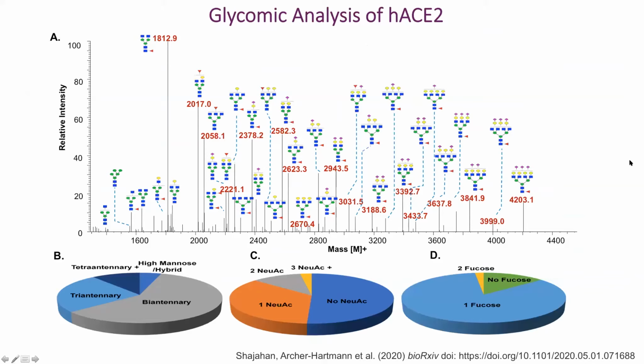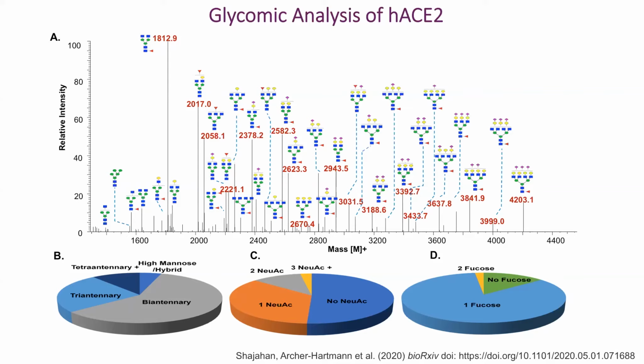I'd like to point out that these were purified ACE2 receptor grown in HEK293 cells. So these are human cells. And what we have found, this is the glycomic study of releasing the N-link glycans, purifying them away from the protein. And what we've done here, we've permethylated them. We permethylate them to increase sensitivity, and also it allows us to do subsequent MS-MS analysis to find out about